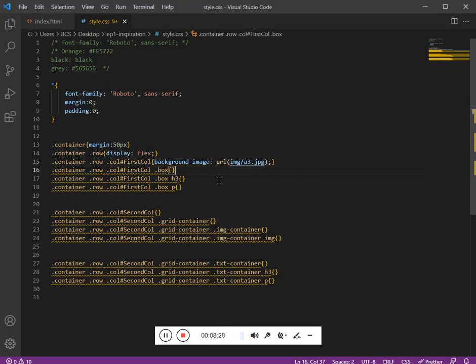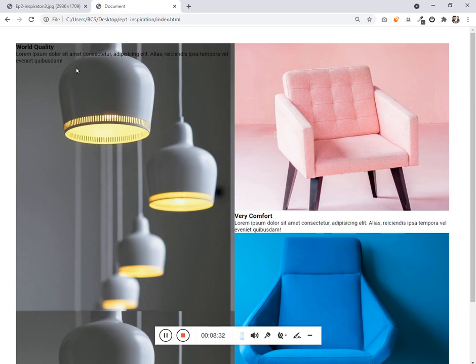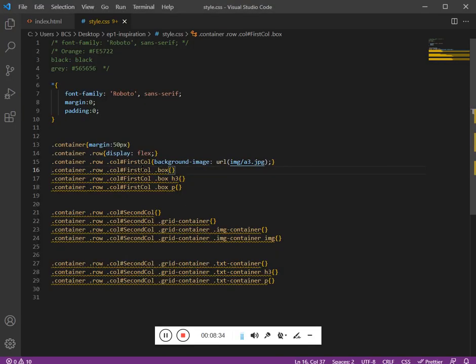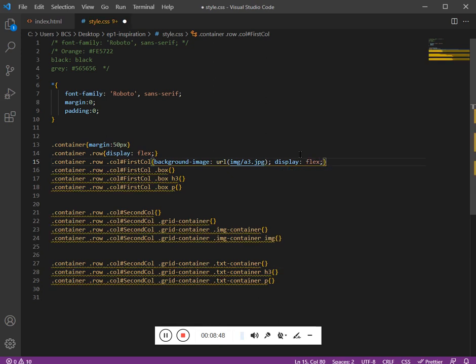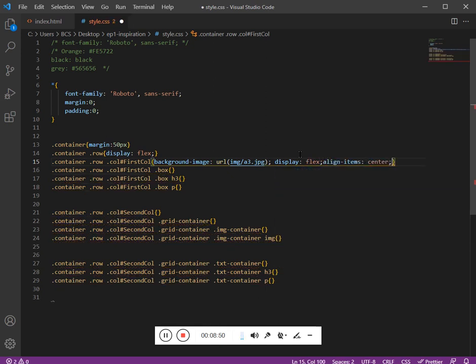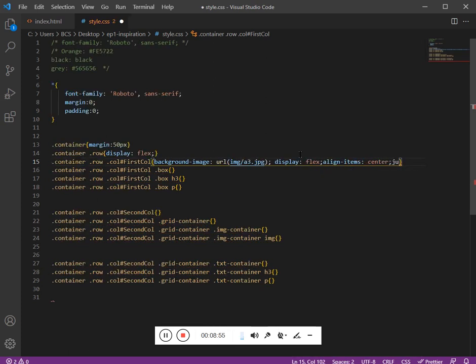And now I want the content to be at the center. So for that you have to get the container, so box. I want this box to be at the center. Since this is a container, I will give display flex, align-items center, justify-content center.